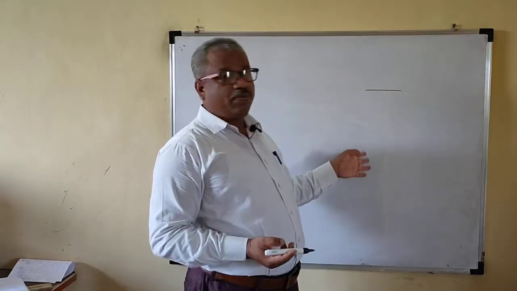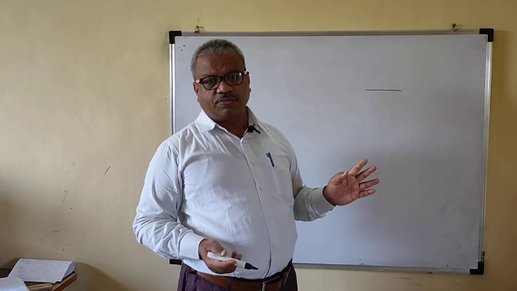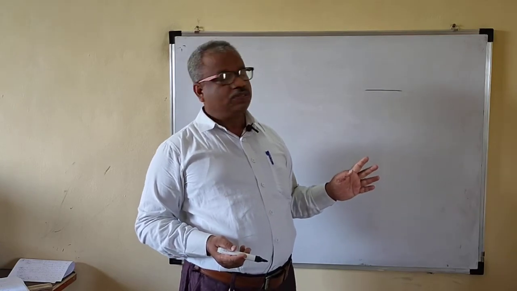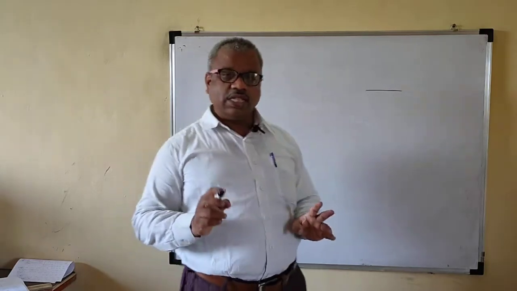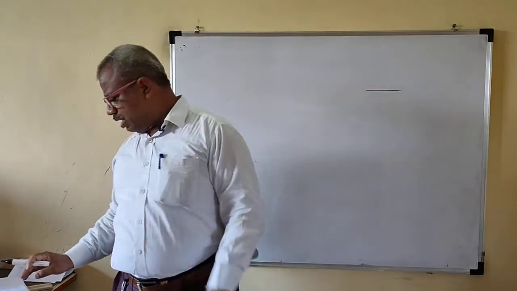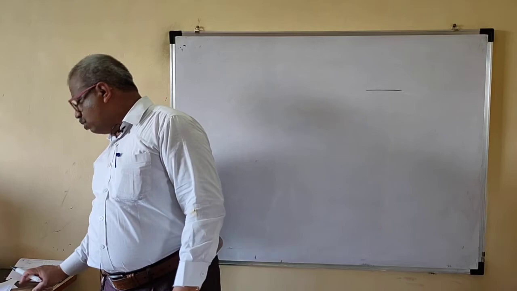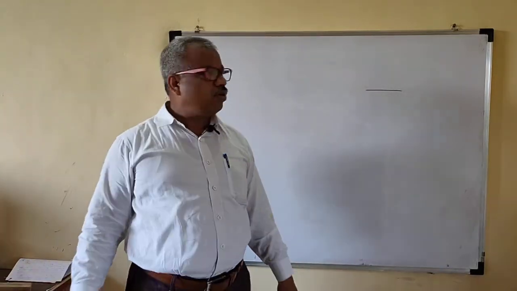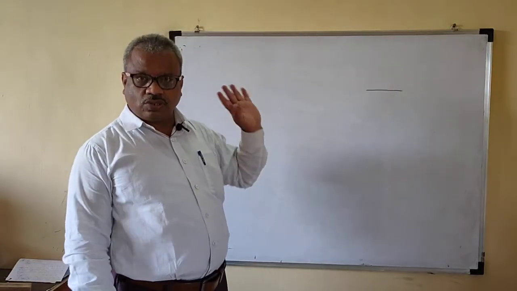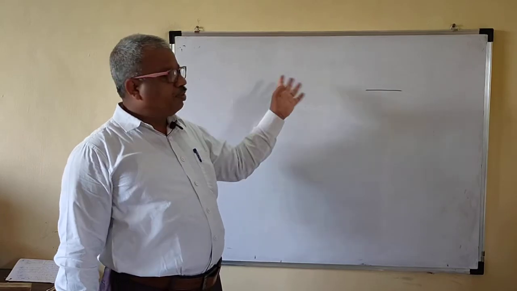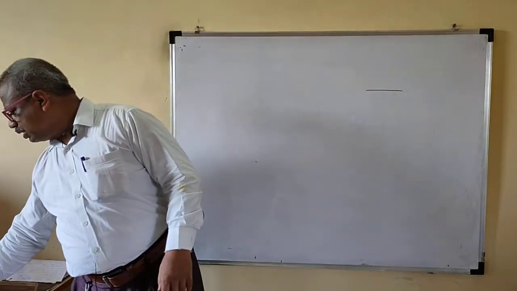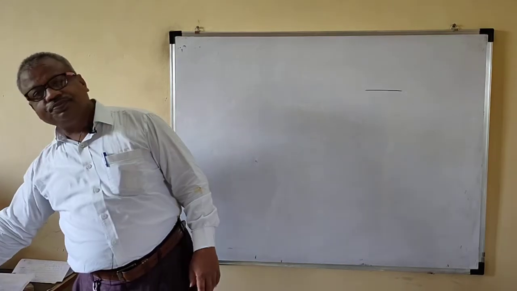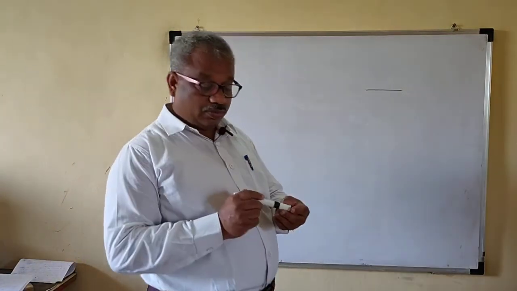Then just count the number of columns. The number of columns is 3 and rank is 3, then nullity is 0. Nullity may be 0. Rank may also be 0, no problem. If rank is 0, then all rows should be 0, so we get a zero matrix. So for a non-zero matrix, rank will not be 0.